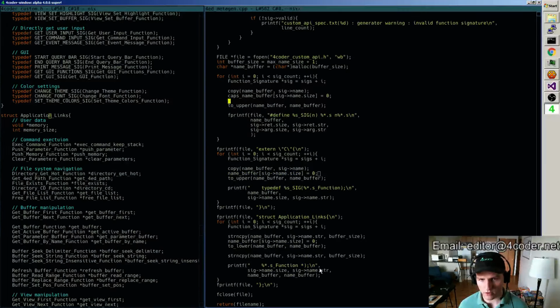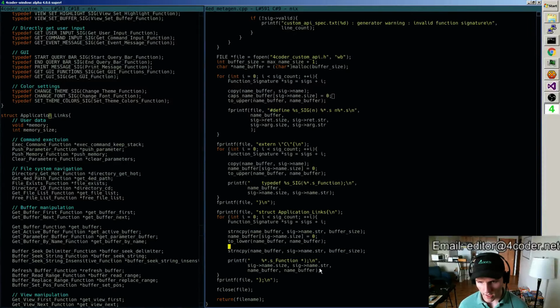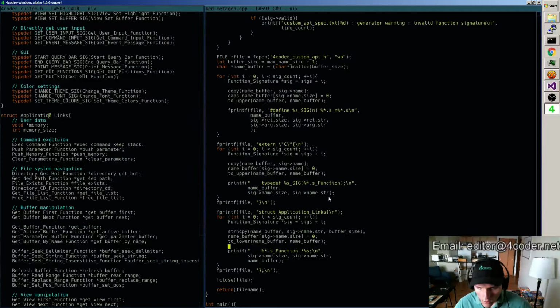So we copy, we null terminate, then we either toupper it or tolower it, and then I can do u and then %s. And then I just output the string in the name buffer there. And then we don't need any strncpy here. Alright, so now, all the way through, we start at the beginning each time. We define something called at %s, which is, why does it still say caps name buffer? Okay, so we have a name buffer, which is null terminated with a copy of the name. Then we toupper that, so it's all uppercase. And we use that to make the macro. And then we put in the return and the